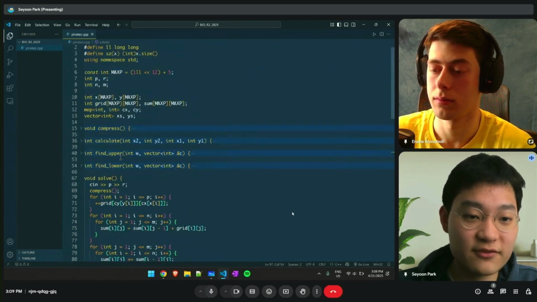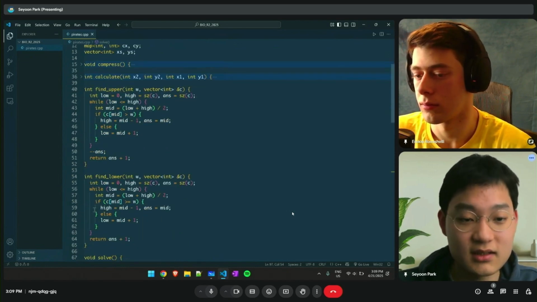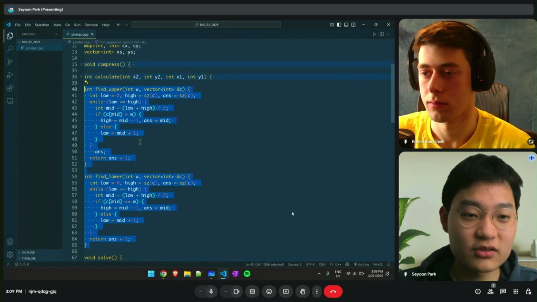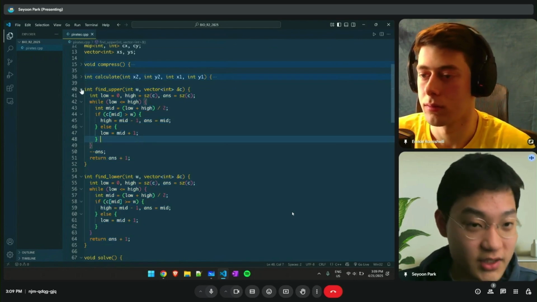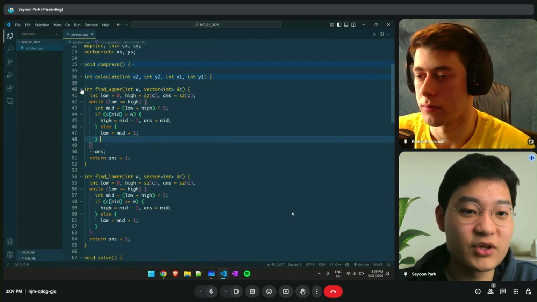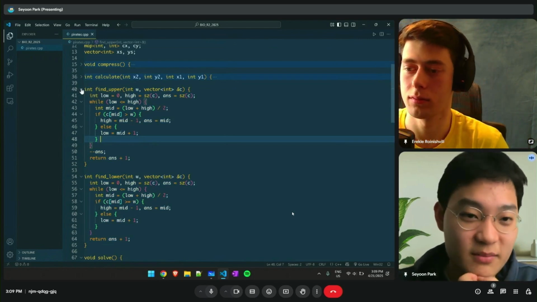So you see find upper and find lower. These are very standard upper bound and lower bound functions. You can also do this with the built-in std upper bound, but I prefer to write mine out.